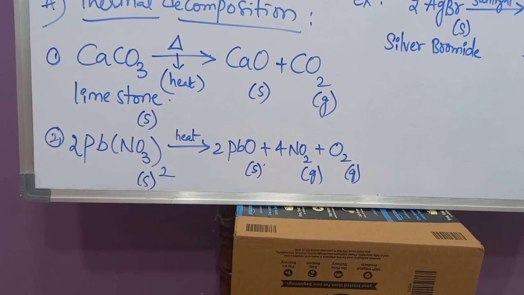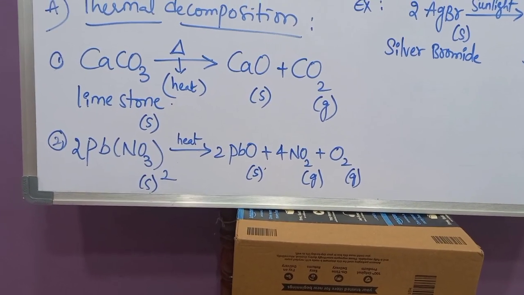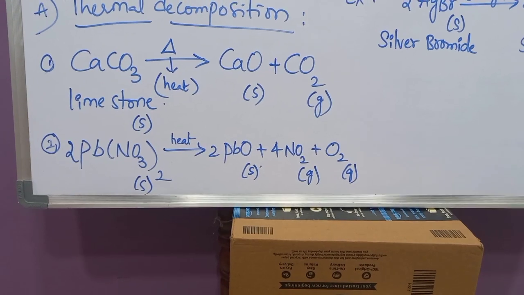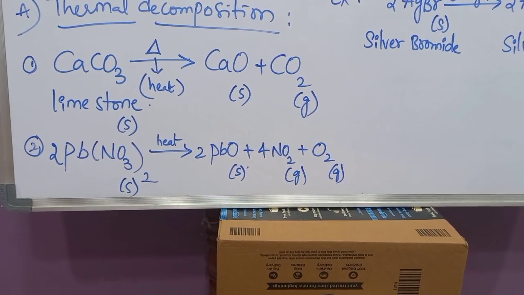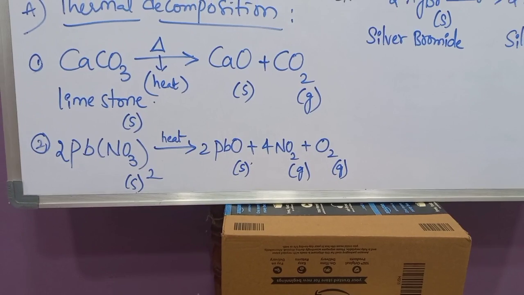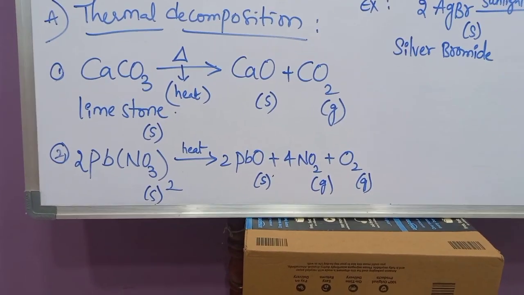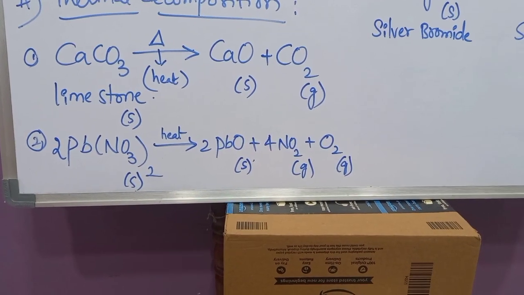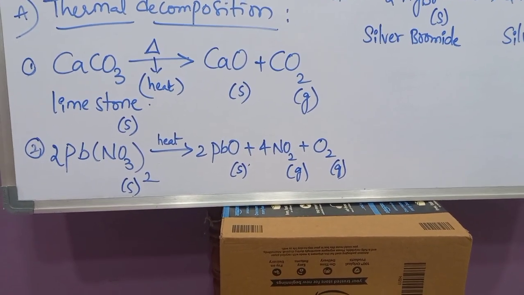On passing heat energy, it undergoes decomposition and forms lead monoxide, PbO, nitrogen dioxide, NO2, and oxygen gas. So here also, one substance upon supplying heat energy undergoes decomposition and forms three new